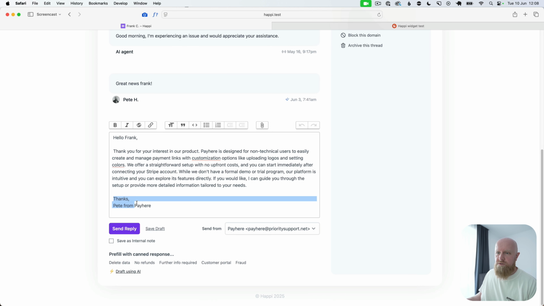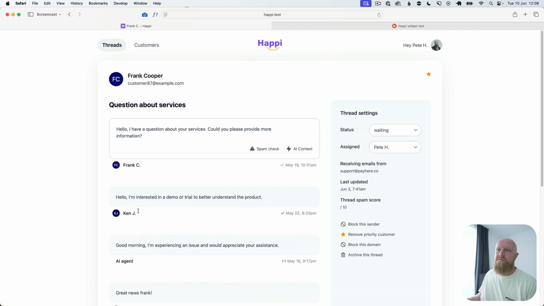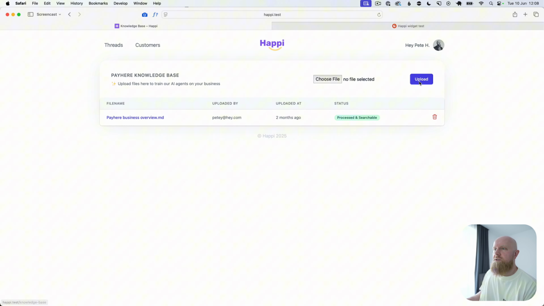And you'll see it also learns from your writing style. So things like greetings, how you write, all of that sort of stuff, and it signs off like you would sign off. So if we go through to knowledge base, you'll see in here, I've uploaded Pay Here Business Overview,